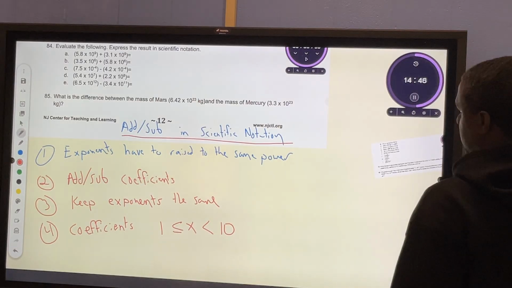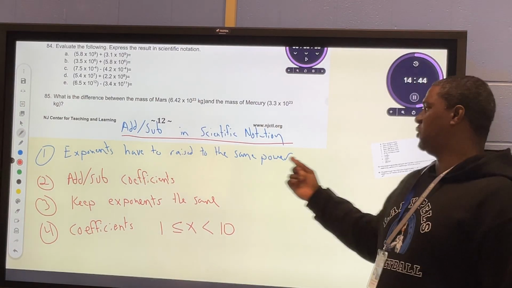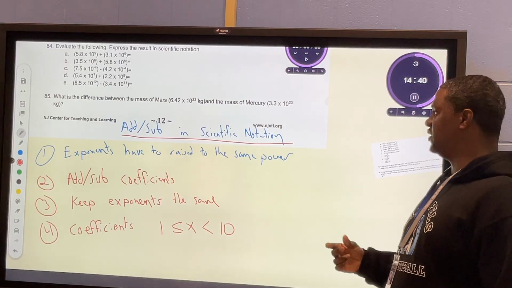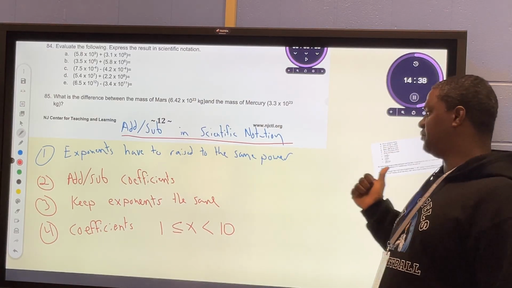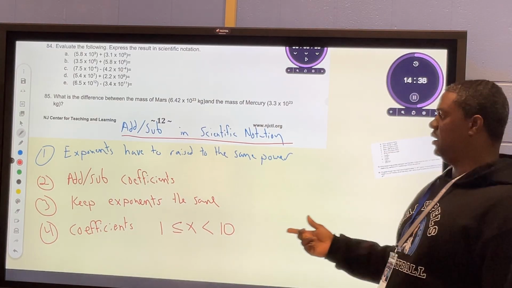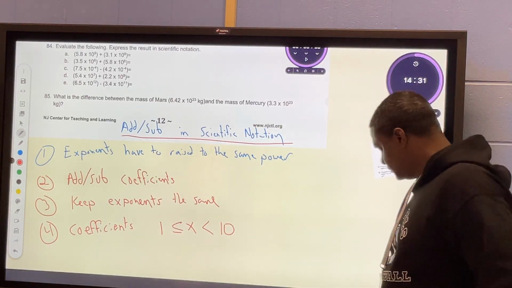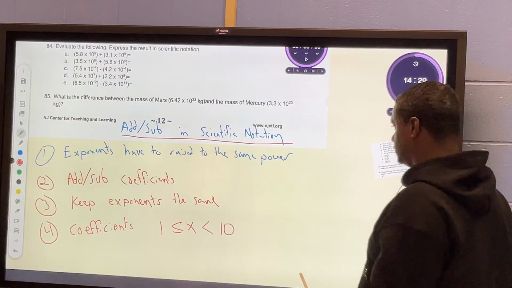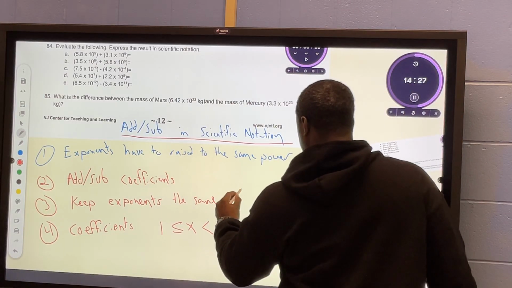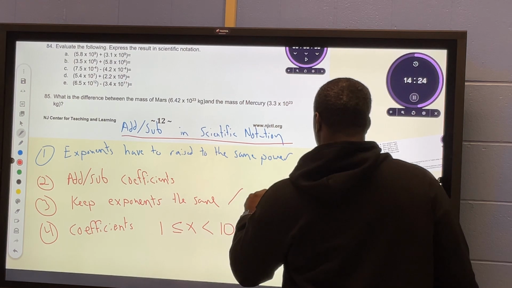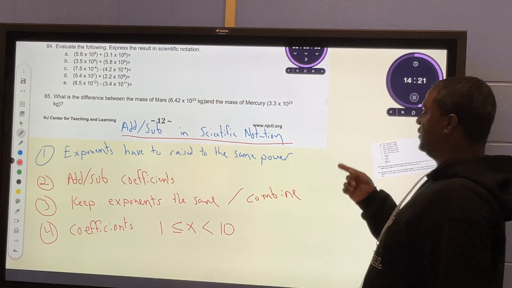To add or subtract in scientific notation: first, the exponents have to be raised to the same power. Step 2, add or subtract the coefficients. Step 3, keep the exponent the same. And then, after you combine them together, after you combine steps 1 and 2,